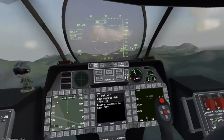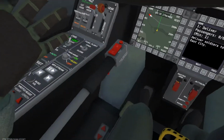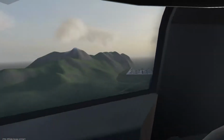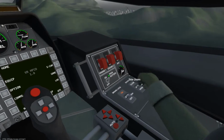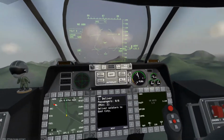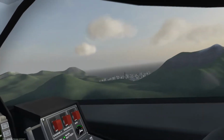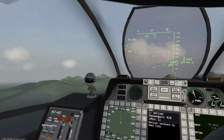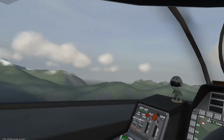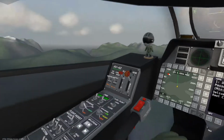The game is great. This really feels great. You really feel like you're in the cockpit. You can see all around. I can look back here. The doors are open. I thought it was a little windy back there. You can really tell I've done this mission like 11 times. And look, there's a city over there. It kind of feels like I'm in one of the Ace Combat games, just no crazy stuff is happening yet, and the soundtrack isn't as good. Speaking of the soundtrack...